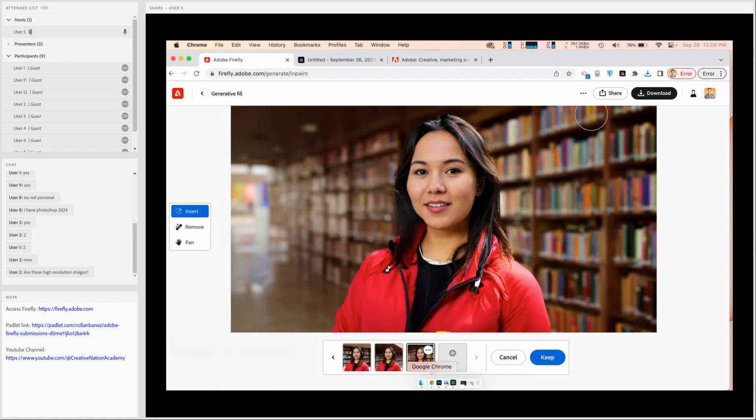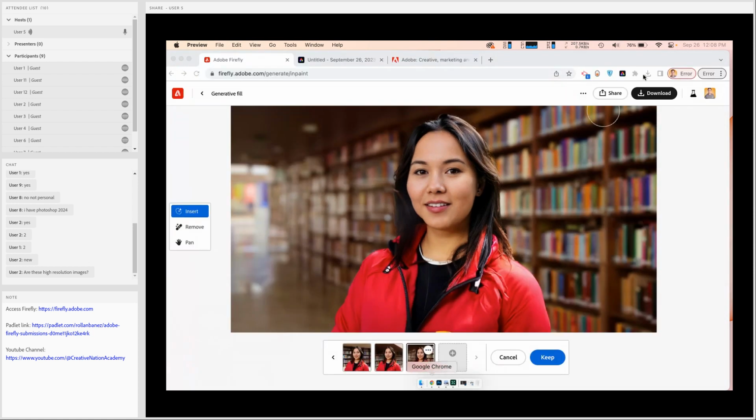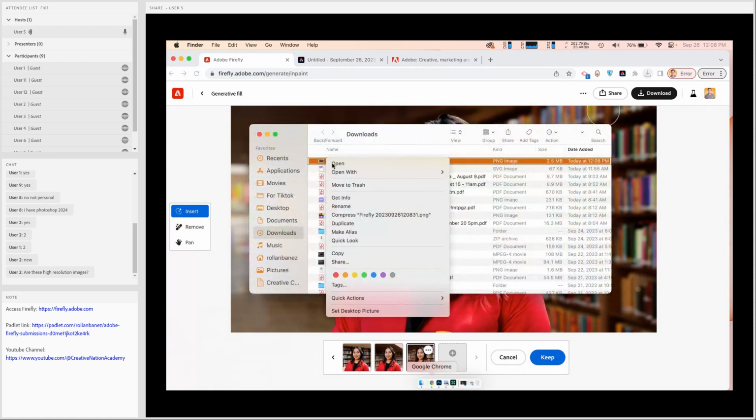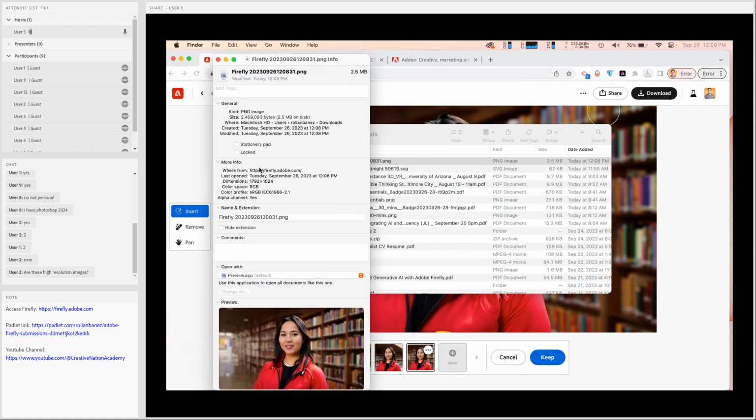So, having said that, if I go back here and open this file, this is the file itself, as you would see. If I'm just going to check the file itself, let's right click here and go to get info. And you would see on the metadata, on the more info, that it is created from Adobe Firefly with the following settings here.